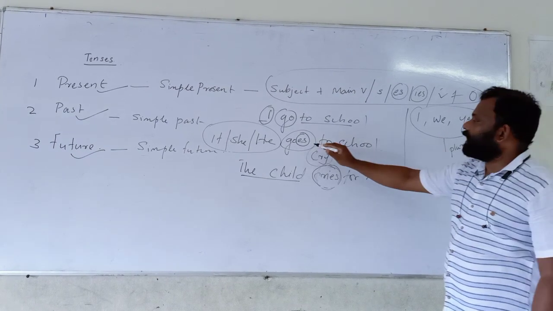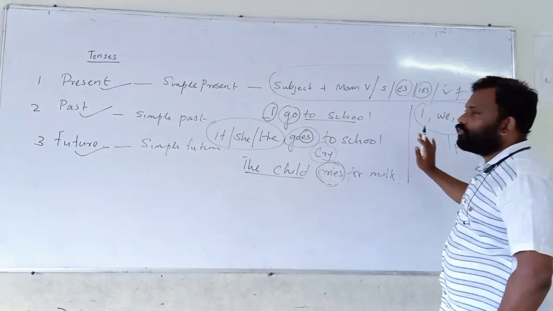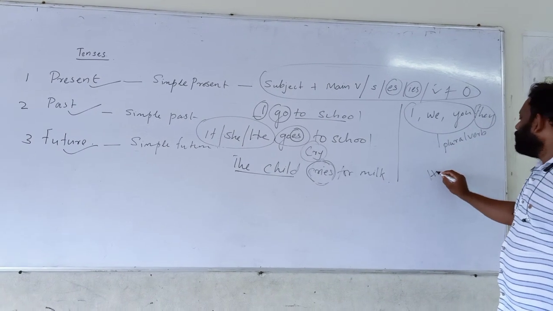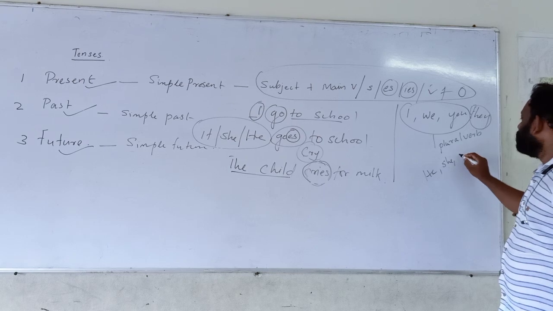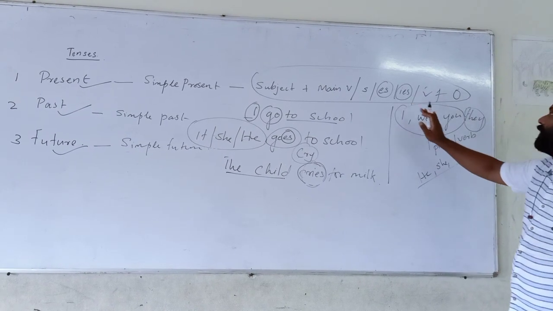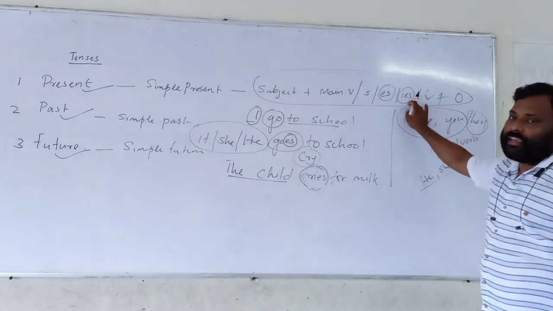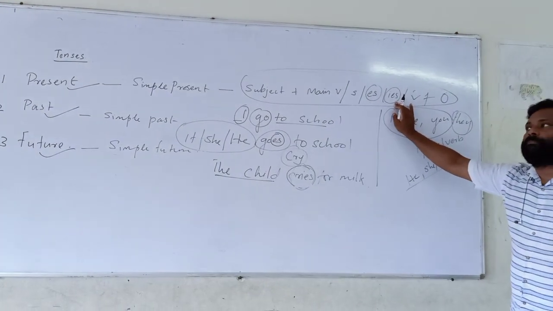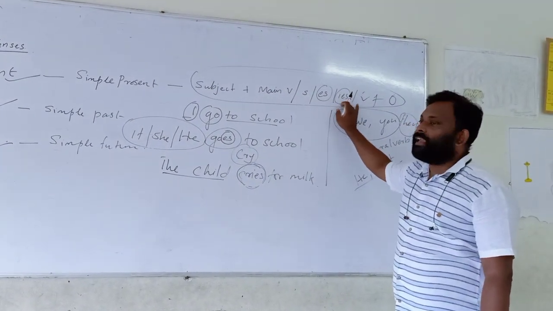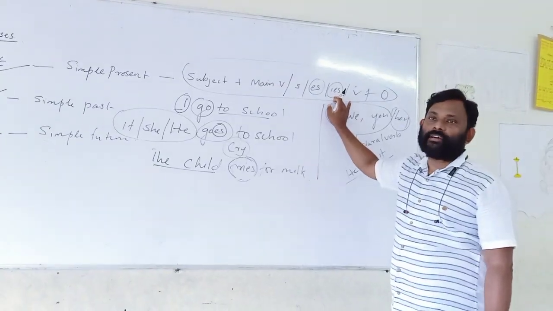It will never take the es form or is form or s form of the verb with that. And here he, she, it. So these will take the singular form of the verb, that is s, es or ies. So dear children, please understand that when we add s, es or ies to a verb, we get the singular form